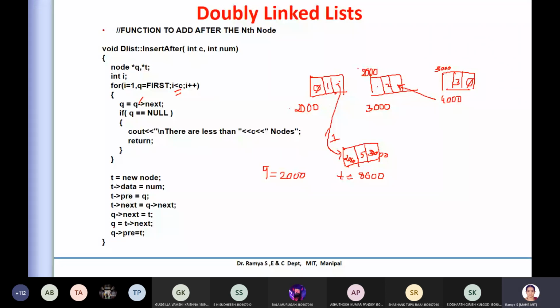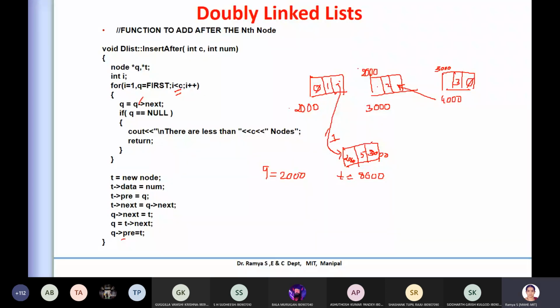So t next is nothing but this position being assigned, and q pre is nothing but your previous value. Here you have already done that, the previous value is being stored here. So this is actually not required, because you have done this here. So now this will be reassigned.